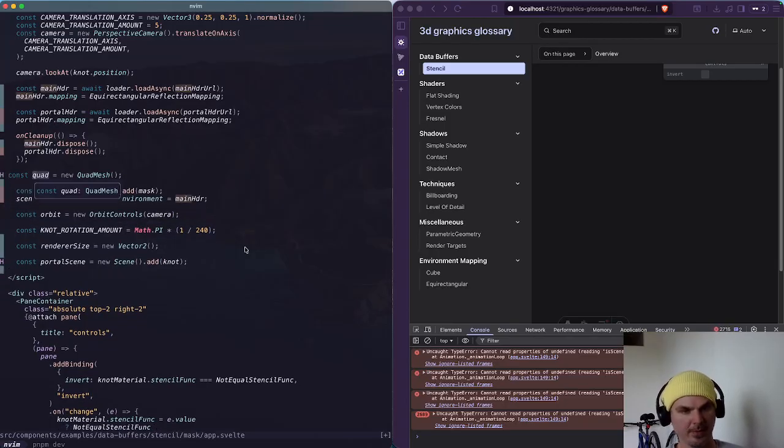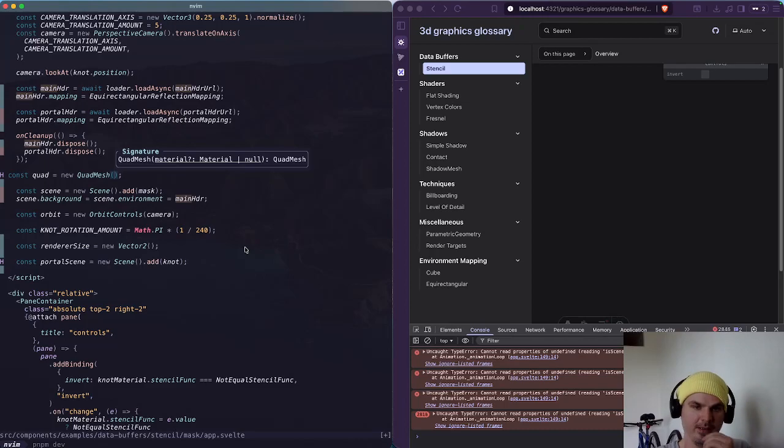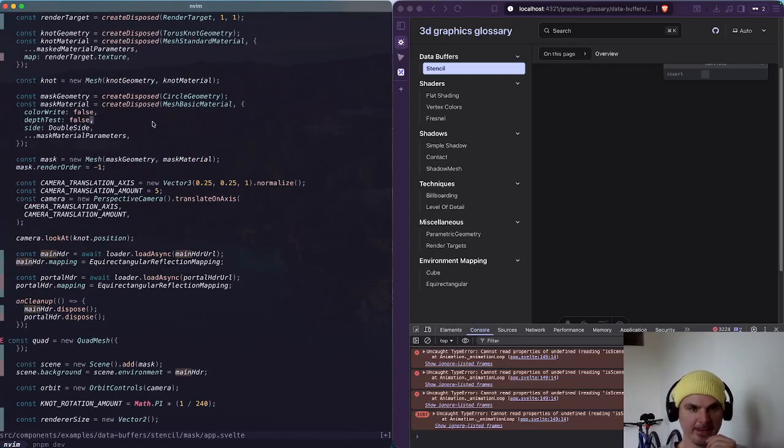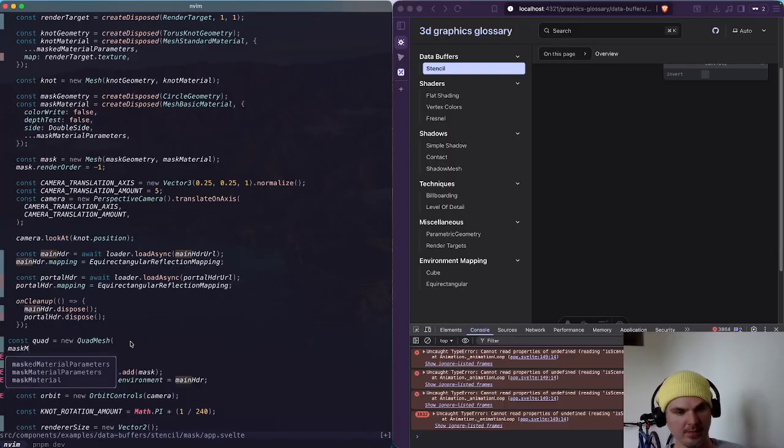Can I set the material of this? Yeah, okay. So this is what will have the material properties, the mask material properties here. Mask material parameters, and then